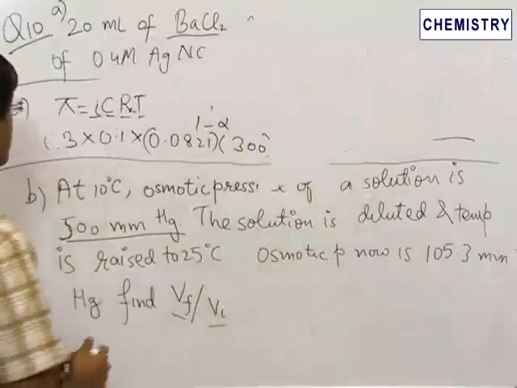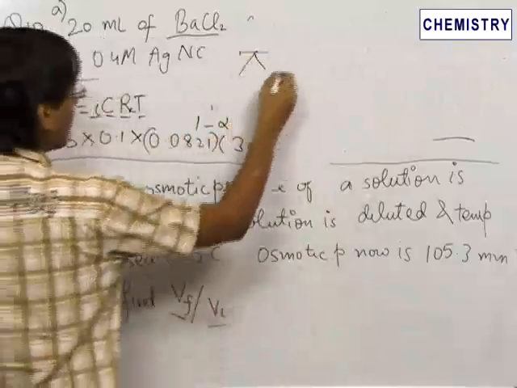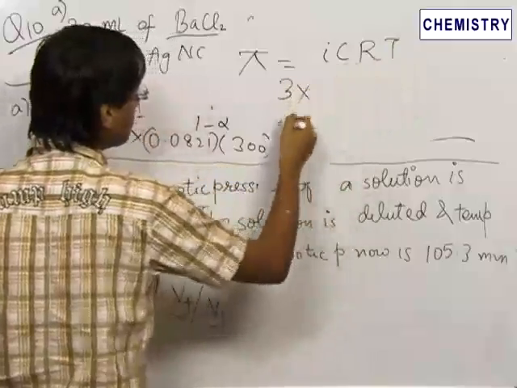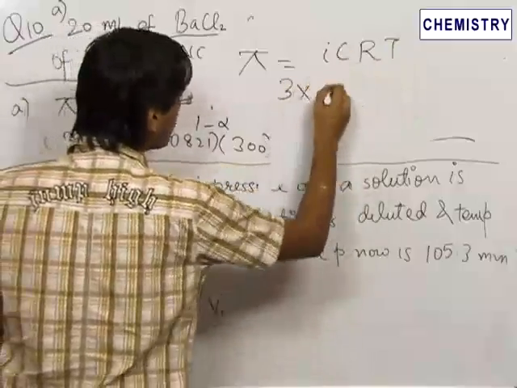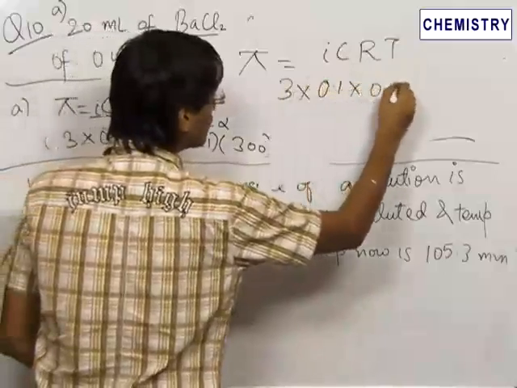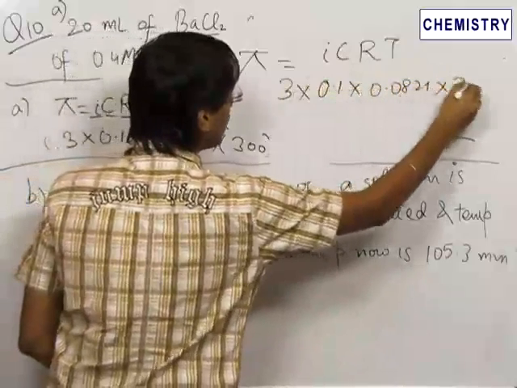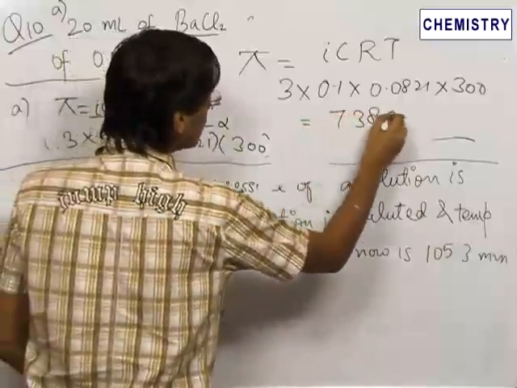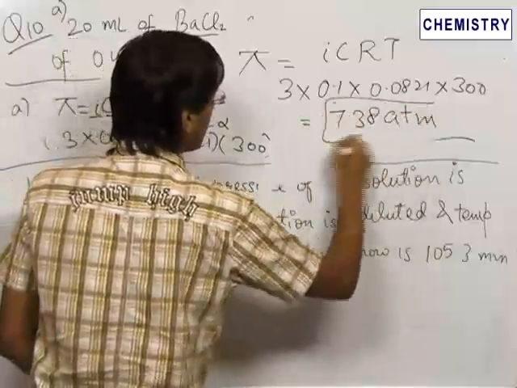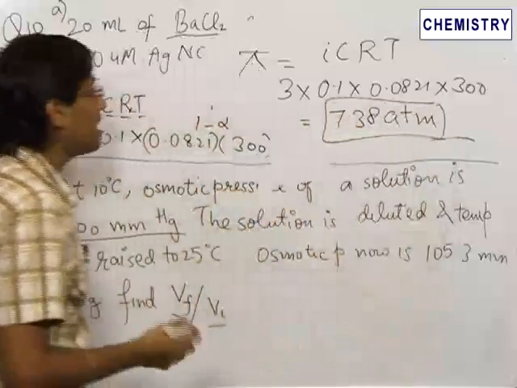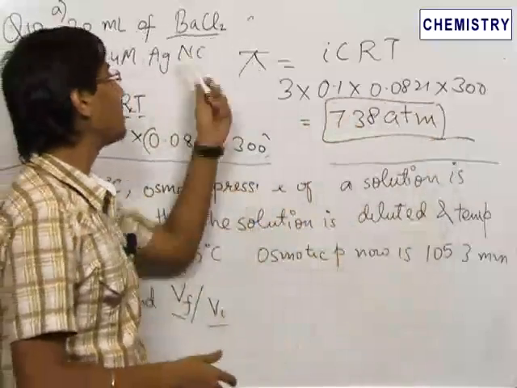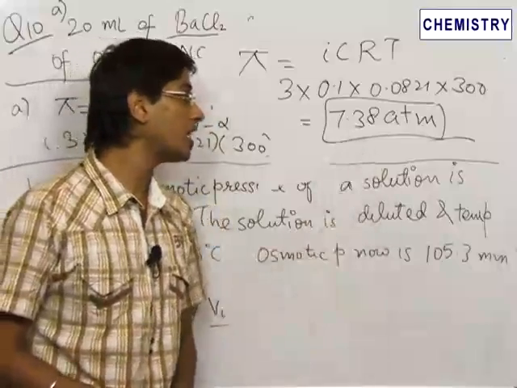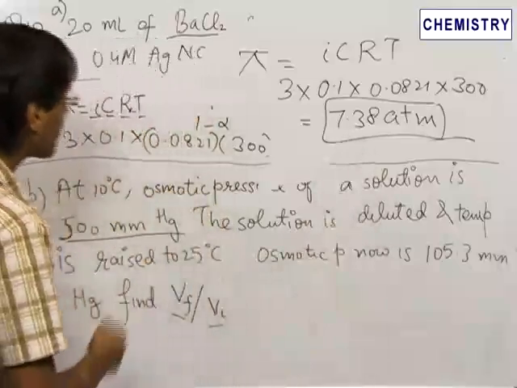On solving this equation, I will rewrite this equation again. This is iCRT, the i we found out to be equal to 3, molarity we earlier found out to be equal to 0.1, into gas constant 0.0821, into 300, which is the temperature, and this is equal to 7.38 atmospheres. And hence the osmotic pressure of barium chloride, assuming it to be 100% ionized, is 7.38 atmospheres. For the second part,